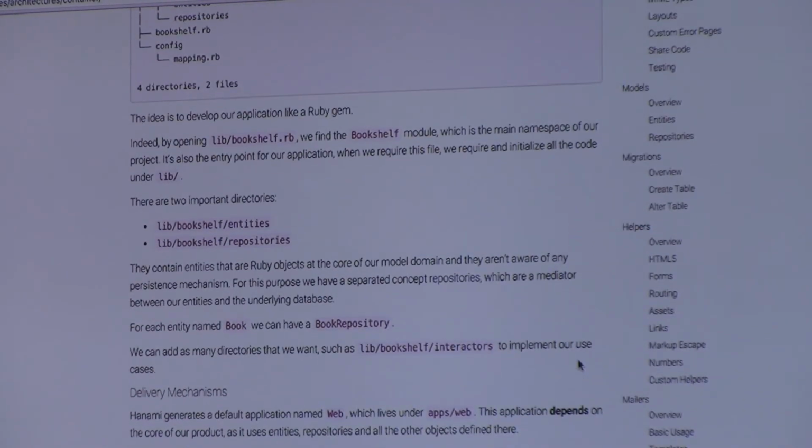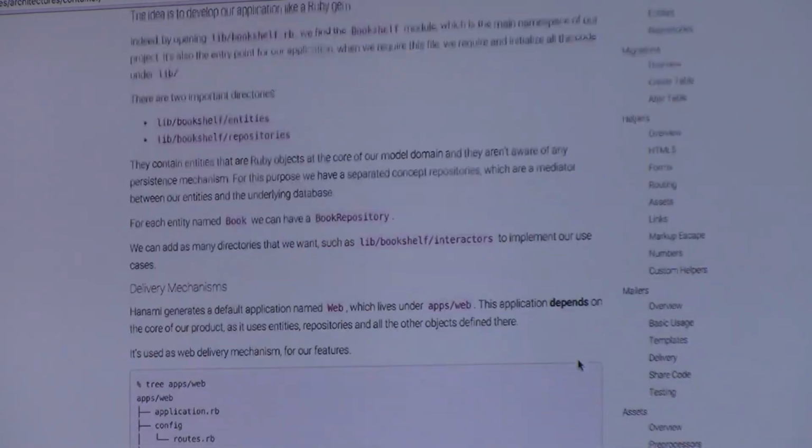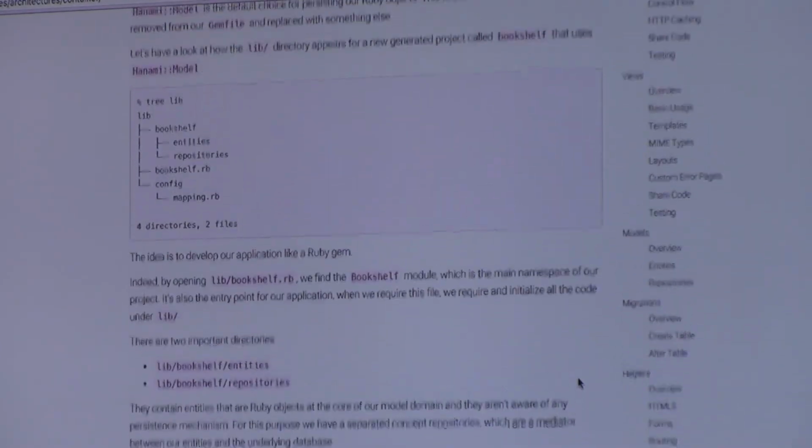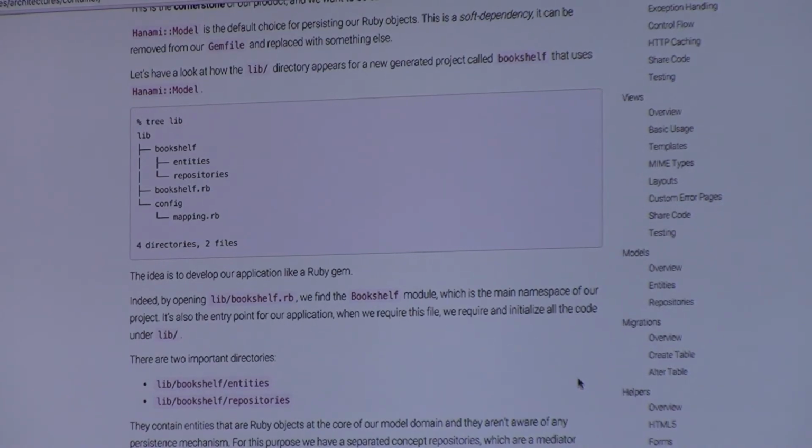Yeah, so the documentation is very, very good. It's very straightforward. So if you want to try it, just